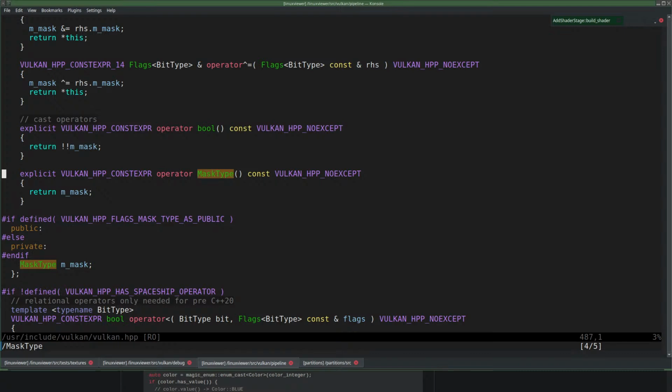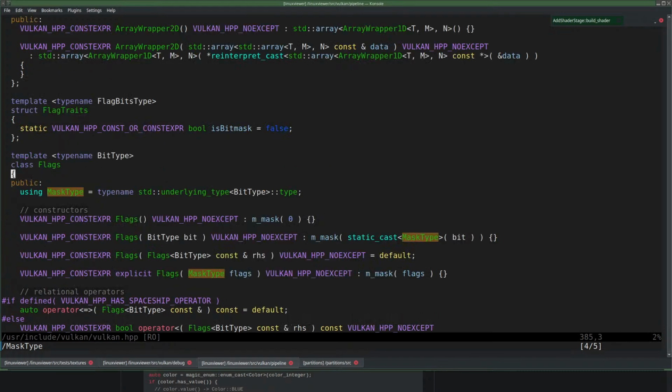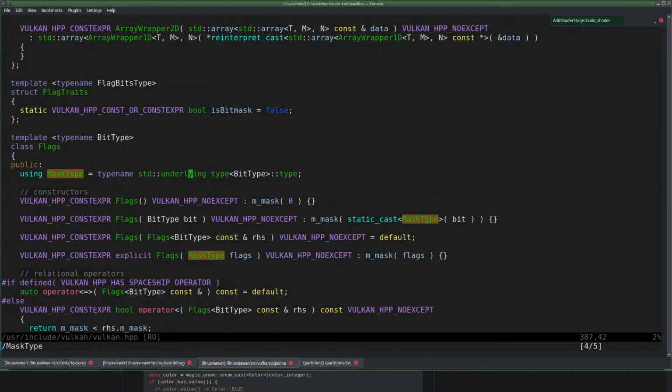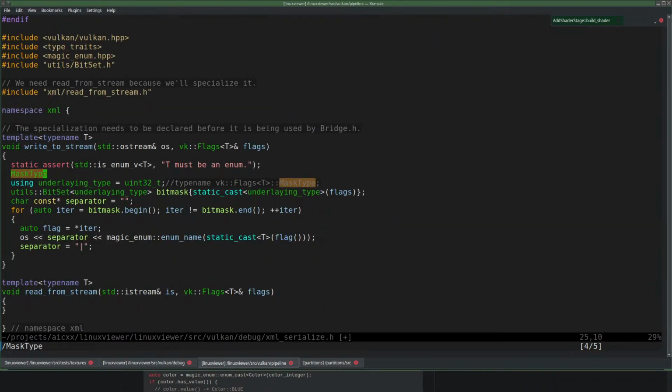Okay, so apparently mask type is not what I thought it was. Would be nice if we could just print what it is then. This looks very much like underlying type. Yeah, I don't get it. I can cast it to a mask type, but apparently then I get back VK flags. So, what?